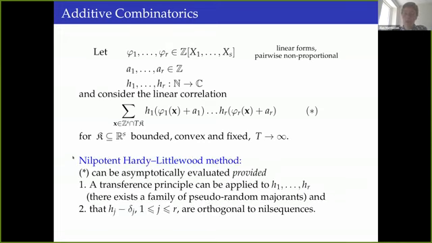The strategy of the result due to Green and Tao allows one to do this, provided we can prove certain things about the arithmetic functions h1 up to hr that in some way correspond to the information that was previously used about the von Mangoldt function. So we really have to work with information that comes from these specific arithmetic functions. What kind of information is needed?